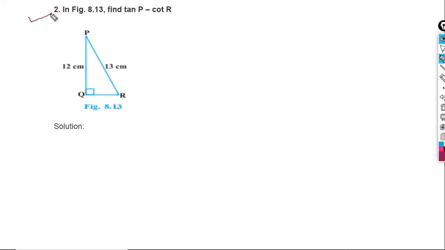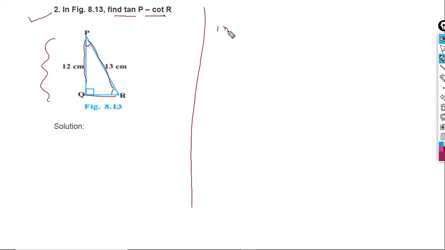Now look at question number 2. In figure 8.3, in this figure, find tan P minus cot R. Okay, so angle P is here, angle R is here, but we need another side QR. We have side PQ and PR. So you can write, in right angled triangle PQR,